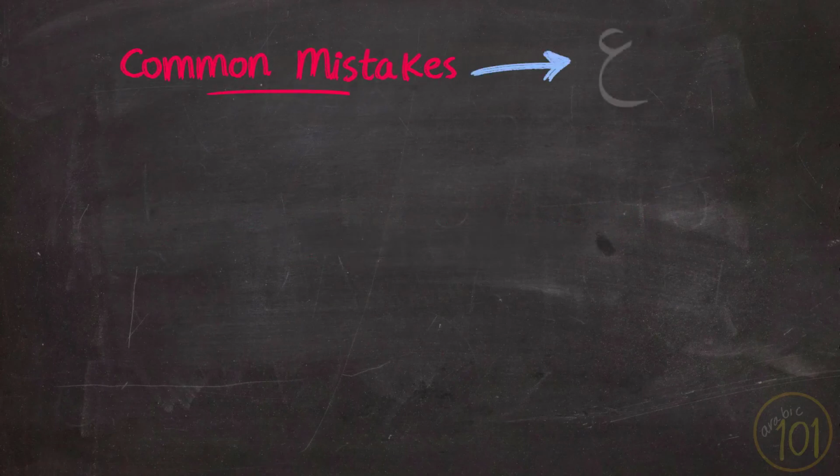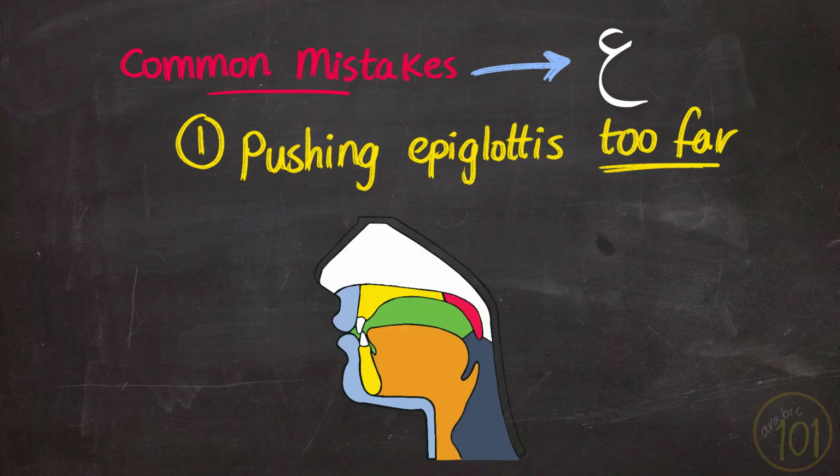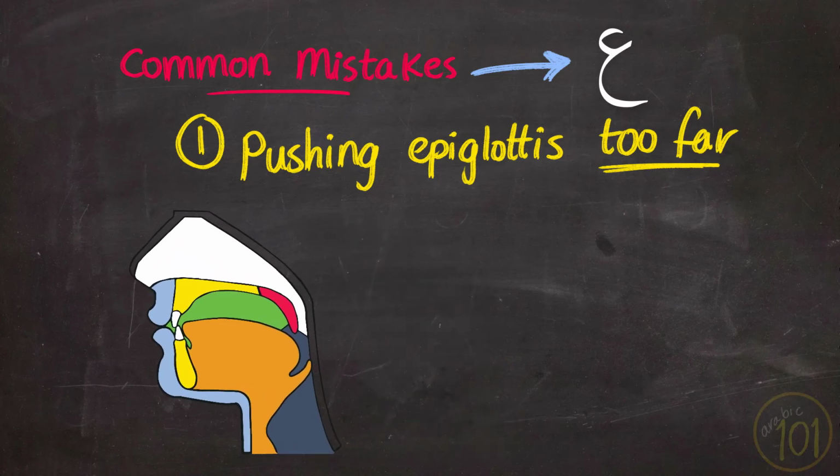As for the ayn, the first mistake is pushing your epiglottis too far back, turning the ayn into a hard, cut letter with no continuation whatsoever. The result is that the ayn, especially when used in the middle of the sentence, would essentially split the word into two, and that is not a good technique, of course. Like